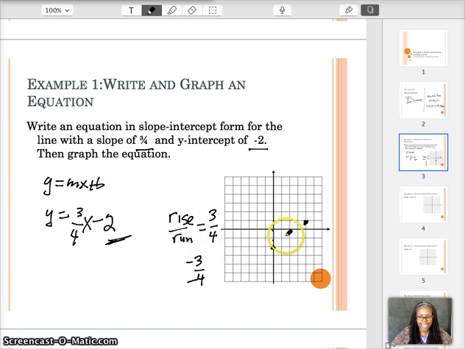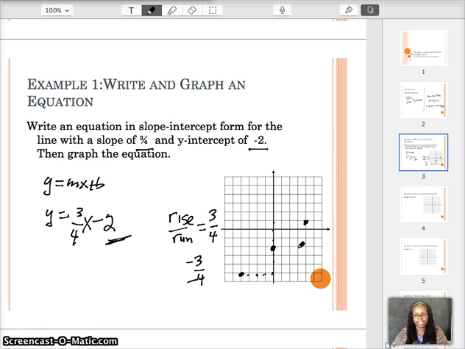So since that's the case, I can think about the direction now: go -3, or down 3 (1, 2, 3), and then to the left 4. I feel like my left and right is kind of confused in the video, so I'm not going to do that. But go to the left, back to the other side. So 1, 2, I'm sorry, did I do that right? 1, 2, 3, 4. And you'll see that all 3 of these points are collinear, meaning they're on the same